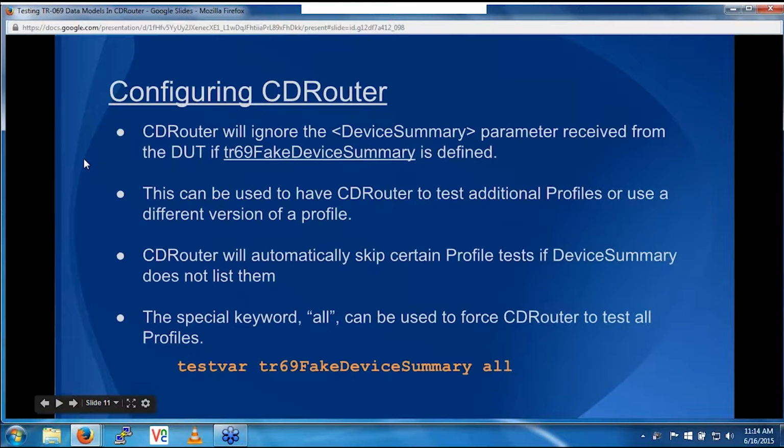So when you're configuring CDRouter, whether your device supports the Internet Gateway Device data model or the Device 2 data model, you can use the TR-069 fake device summary to override what the device actually claims support for. This can be used in instances where you're supporting Device 2 and don't support device summary,